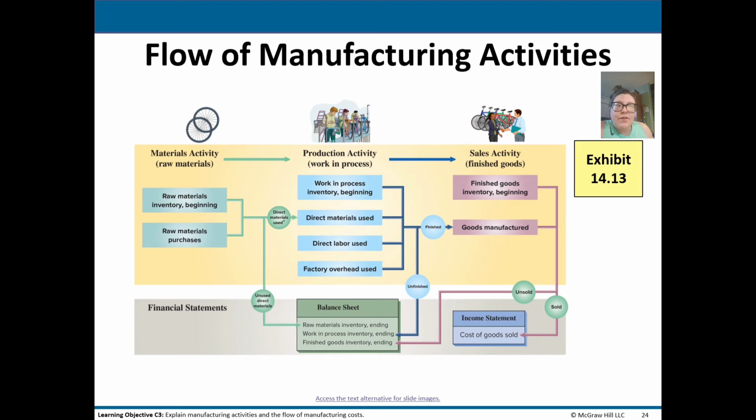So the production activity results in products that are either finished, so you either got done with it all the way and you move it to finished goods, or at the end of the period, it's still sitting there because it's not done yet. So it's still sitting at ending work in process. So the total cost of direct materials, direct labor, and factory overhead for the finished products, that's what makes up cost of goods manufactured. So that amount is carried over to the current period income statement in the computation of cost of goods sold.